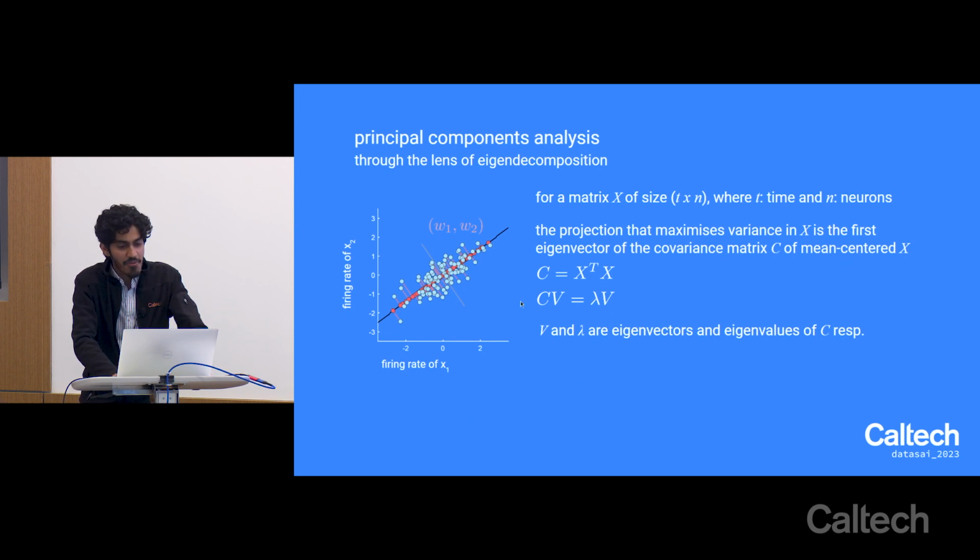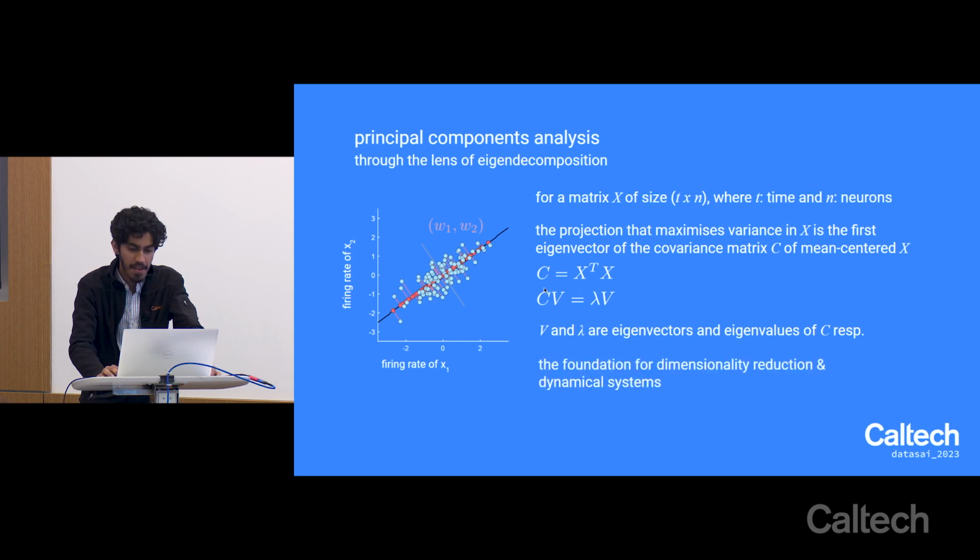Now, this equation is often shown in many different lectures as such, and you're expected to learn that this is what an Eigen decomposition is. We're not going to go through the derivation today, but I want to give you a bit of an intuitive sense about why this equation works and what an eigenvector is. This is really important because it forms the basis for most ideas in dimensionality reduction, but also dynamical systems. When we talk about this tomorrow, we'll learn that one of the things you do if you have, let's say, an RNN, is to perform an Eigen decomposition of the weight matrix of the RNN. So it's also an essential concept to understand when you're dealing with dynamical systems and RNNs.